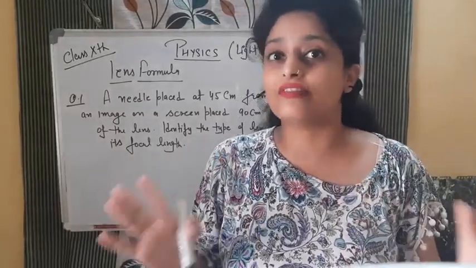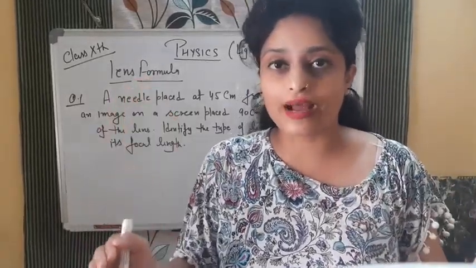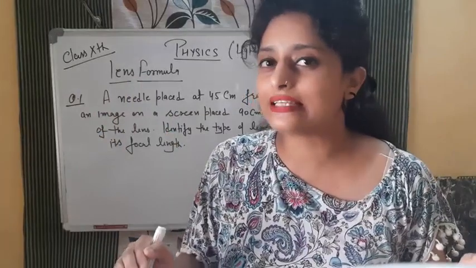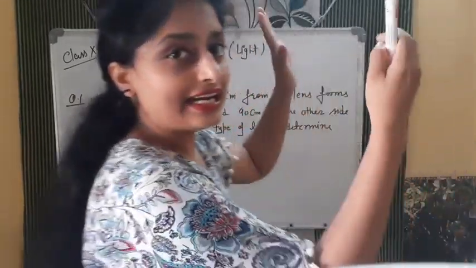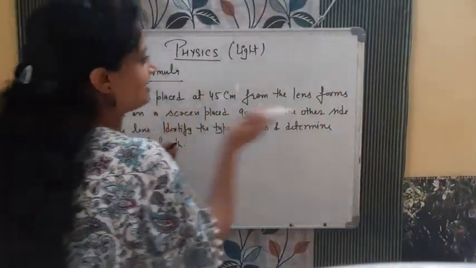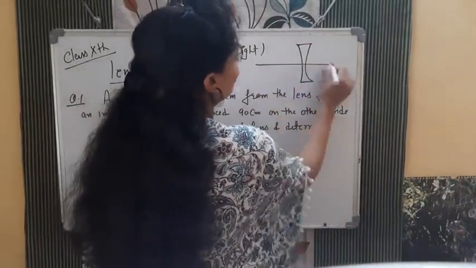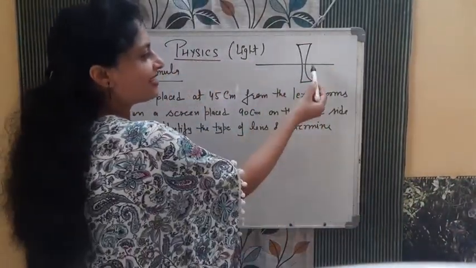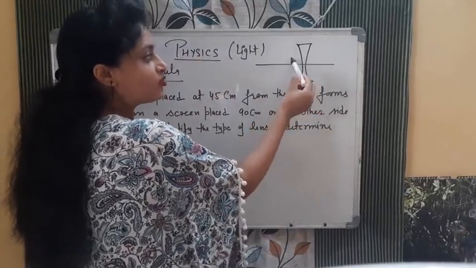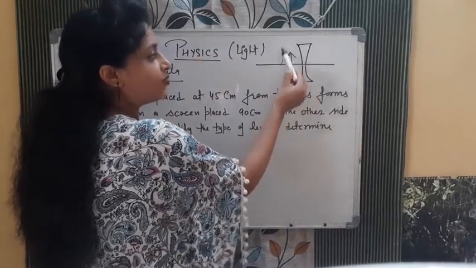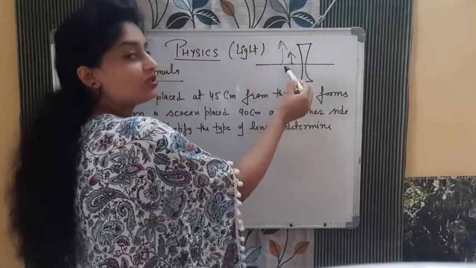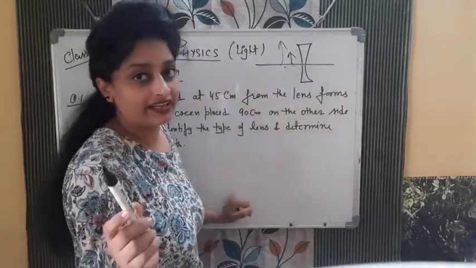Concave lens is diverging, and the image formed by the concave lens is always virtual, and it is on the same side of the lens. You remember? Did you forget? Study well. Okay, see, this is concave lens, and in this case the image was always this side. Object was also this side, image was also this side. This was a virtual and erect image.